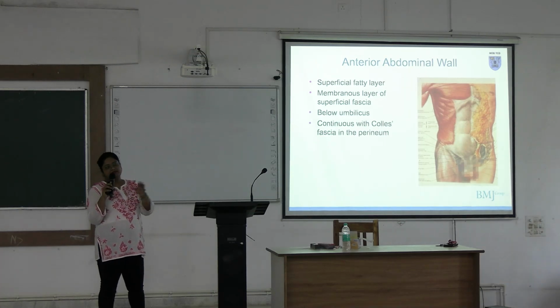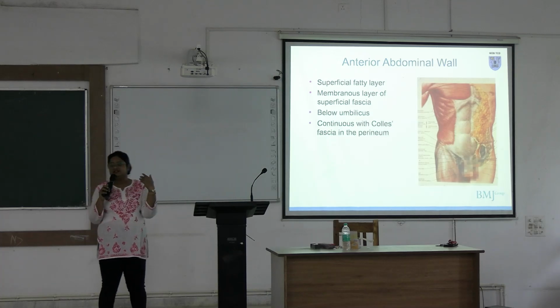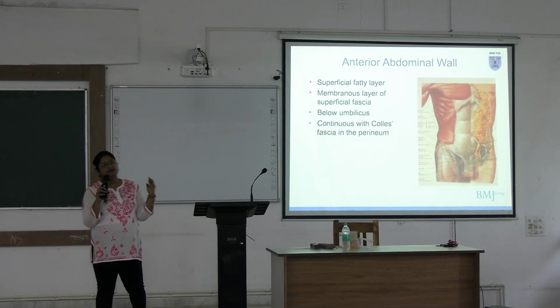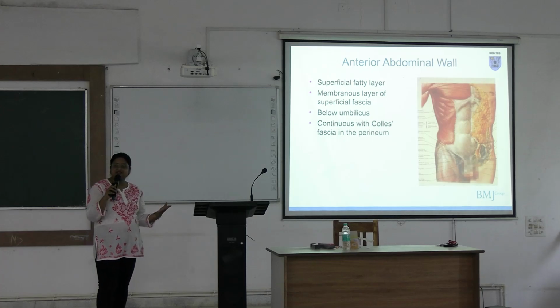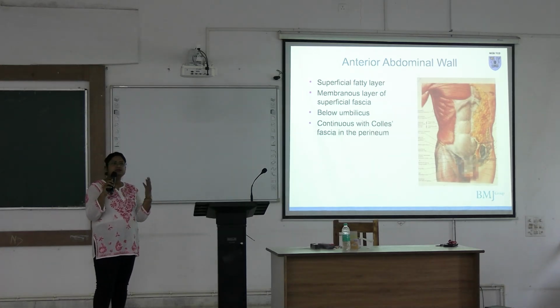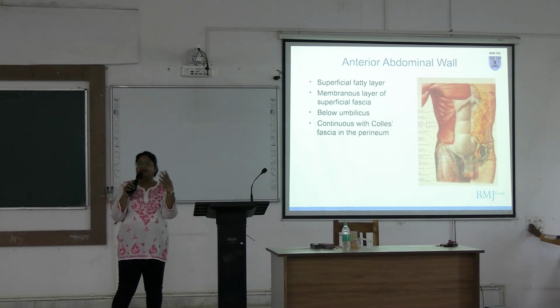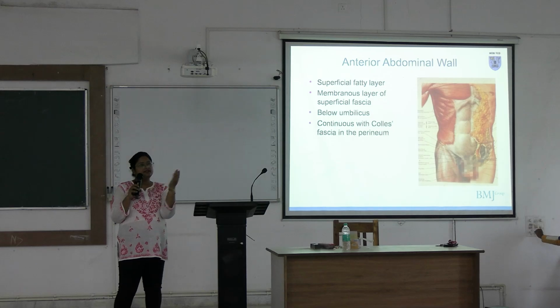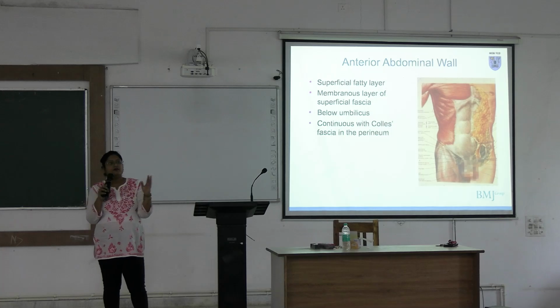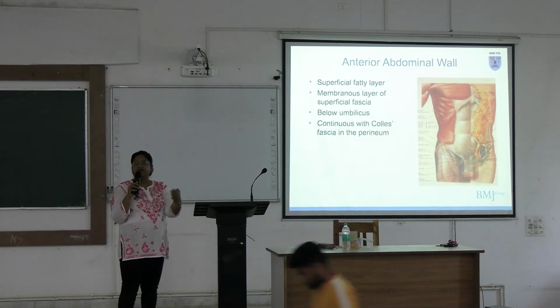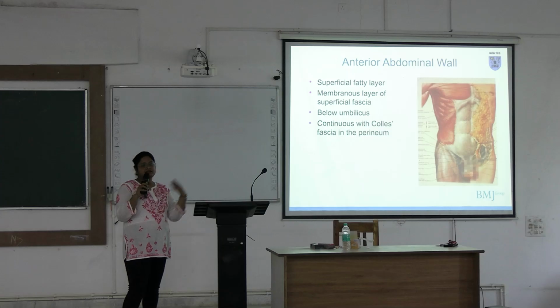So after the superficial fascia, you will reach the muscles. First, outermost is the external oblique muscle, then the internal oblique muscle, then transversus abdominis muscle. Then there will be fascia transversalis, extraperitoneal fatty tissue, then innermost will be the peritoneum. Peritoneum again has two layers. Parietal peritoneum is lining the wall of the abdomen and the visceral peritoneum is covering the internal abdominal organs. So these are the layers from superficial to deep. Here we will discuss some of the layers in detail.